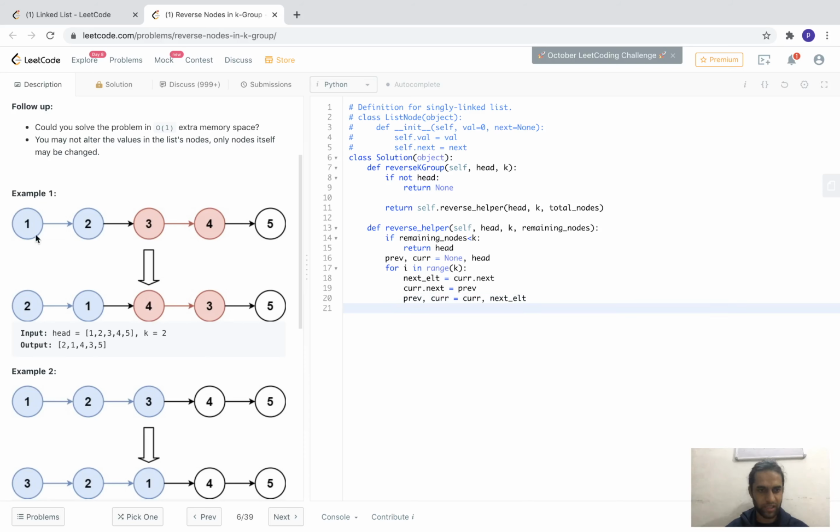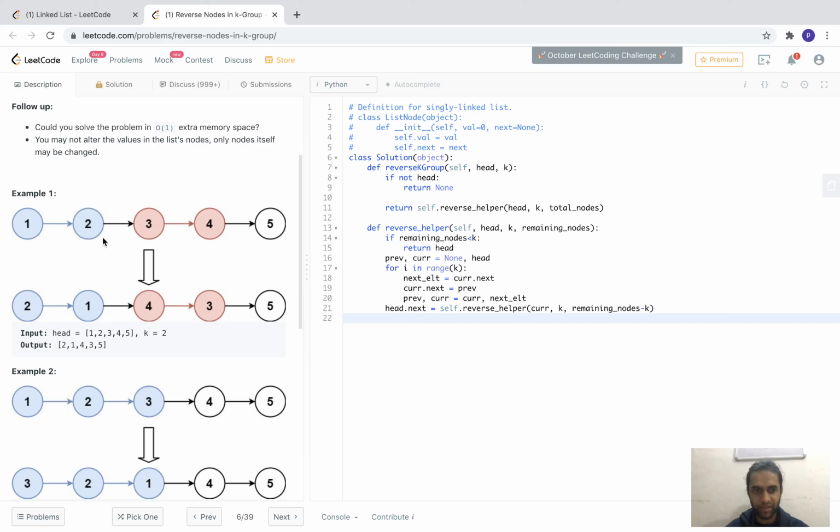Once I've done reversing this part of the linked list, what I need to do is, the head will become here now, right? So all I have to say is, okay, my head.next should be self.reverse_helper from this position, because I reversed this part, my cur node will be here. So I say, okay, from cur node, k elements, and my total number of remaining elements will be total remaining nodes minus k because I have consumed k elements. Once I'm done with this, I have pointed my head's next to this, I got the answer for this much. All I need to do now is return this element.